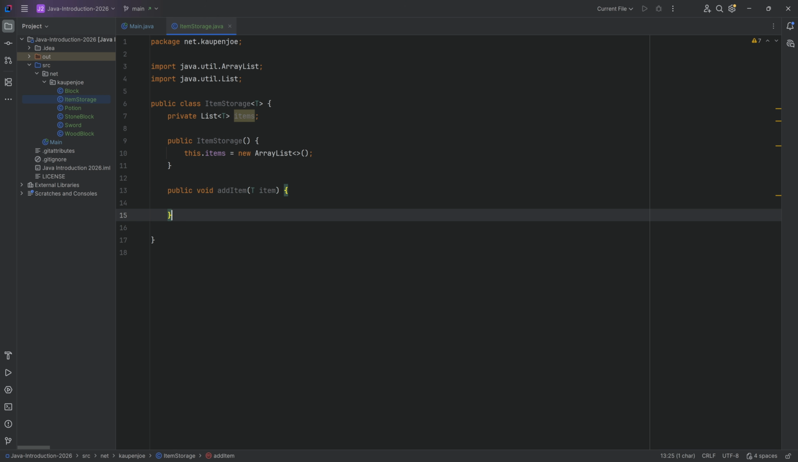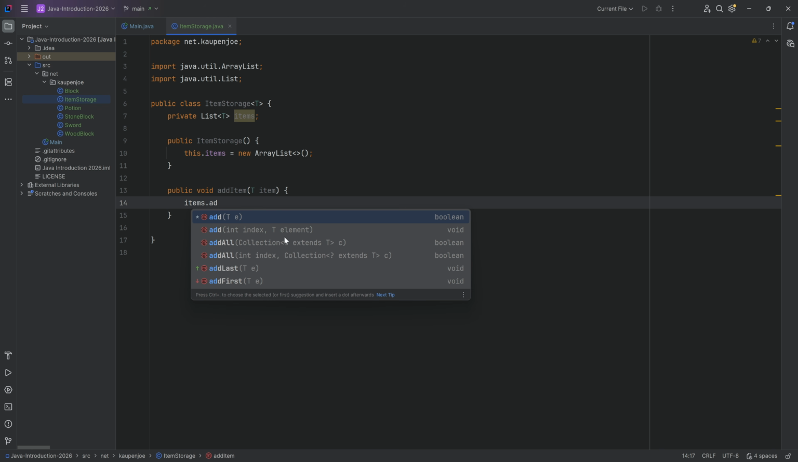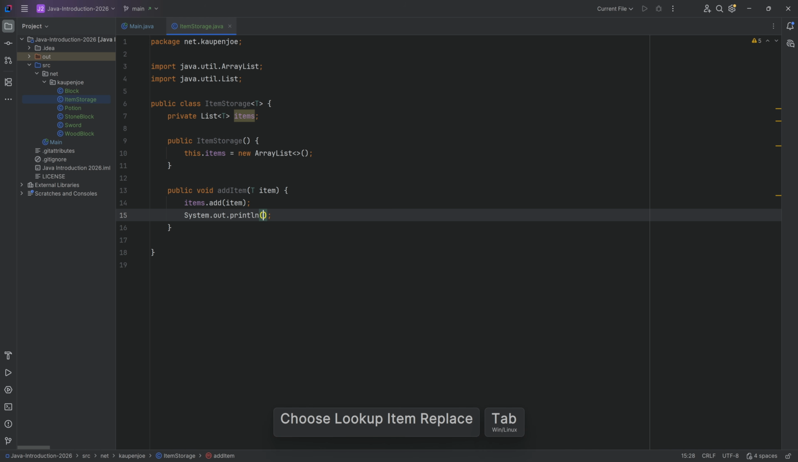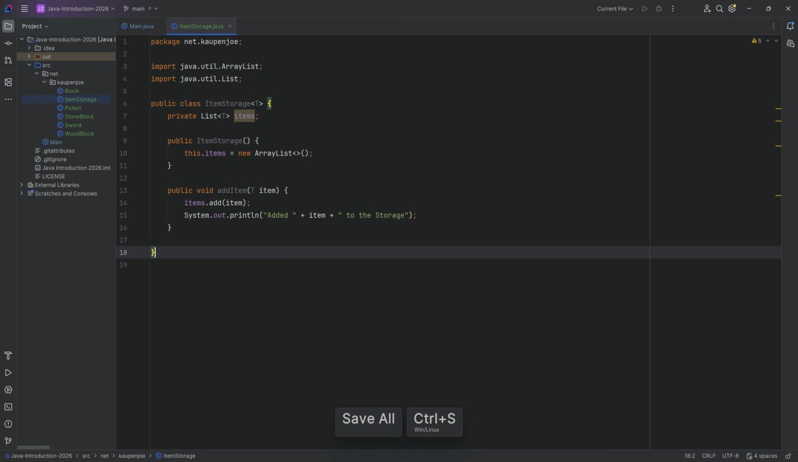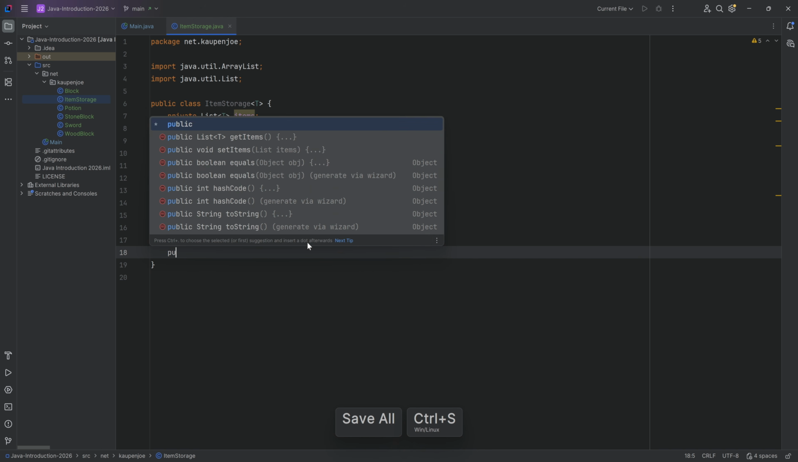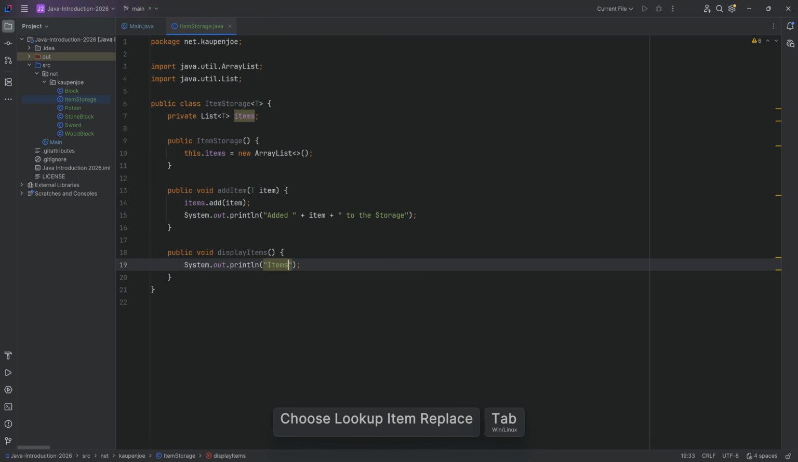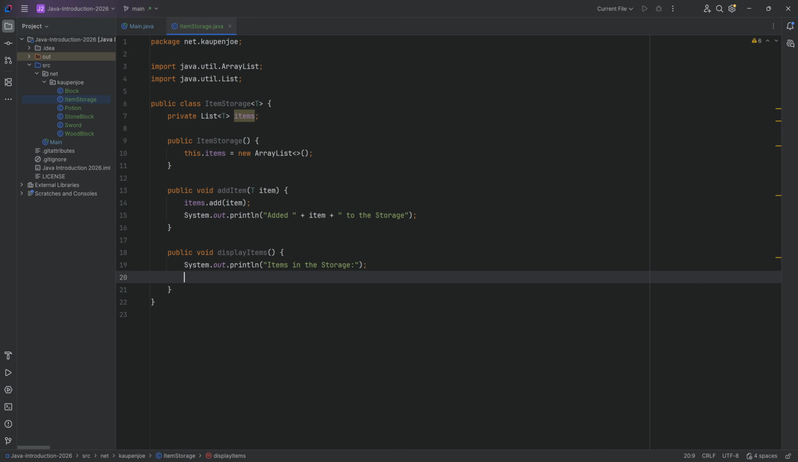So this T, like I said, is the data type, but because it is a generic, it can be whatever we want. items.add, and this has to be a T. Sure. So we can add the item over here. Boom. And we can also print this out just for the sake of argument: "Added item to the storage." And then let's add a public void displayItems method so that we have all of them to display. So we can say "Items in the storage" and those are then going to be for